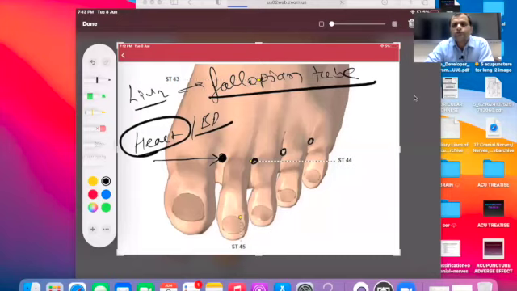So we have to advise this for everyone, whether the person has a heart problem or not, because nowadays everyone has little or more stress. So this is a very good point. Just press this point 1, 2, 3 times. But suppose your patient is pressing this point every day, then definitely he is not going to come back after a few treatments, because he is going to receive very good health. So this is the first point.